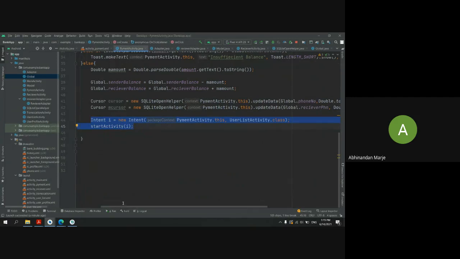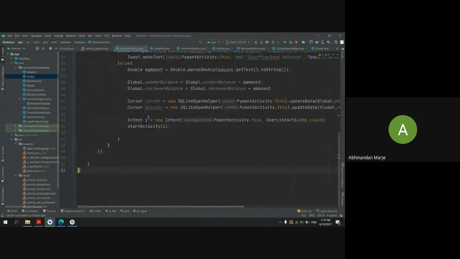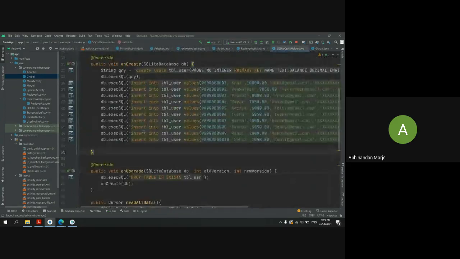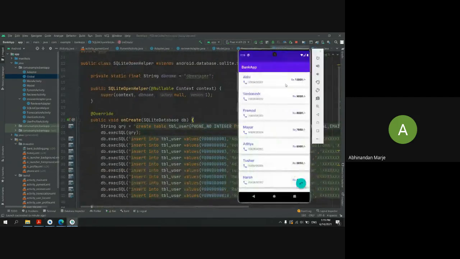The next thing I want to do is create another database here to store our transaction details: from whom we are sending, to whom we are sending, how much amount we are sending, the date and the status of our transaction, and we will be giving an ID to our transaction. Like if you are making our first transaction, the ID will be 1. If you are making the second transaction, the ID will be 2.